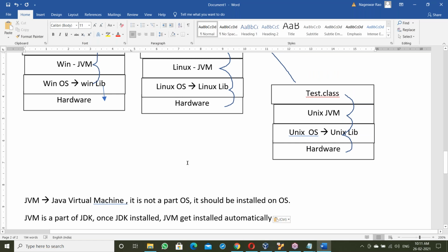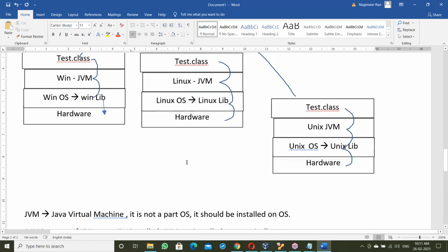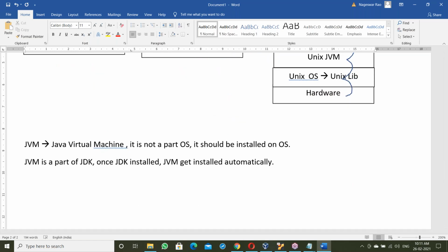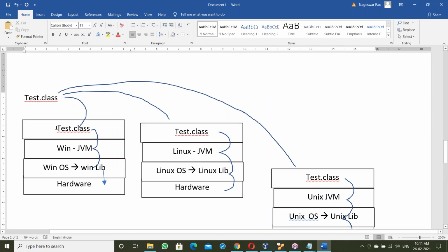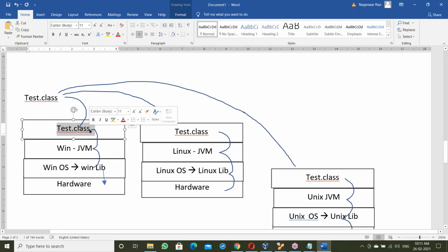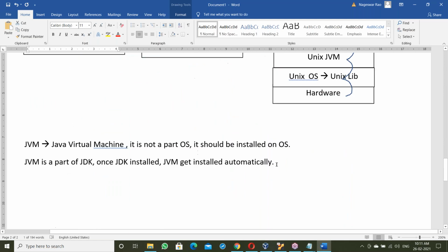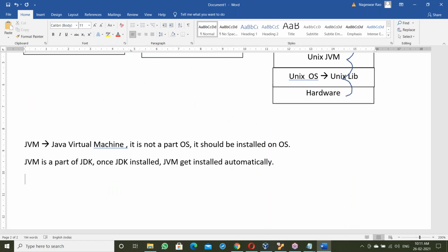Next, one more thing here. The JVM is an exe file. Your Java program is a .class file, but the JVM is an exe file, not a .class file. The JVM is developed in C and C++. A C++ compiler means you can write C programs also.